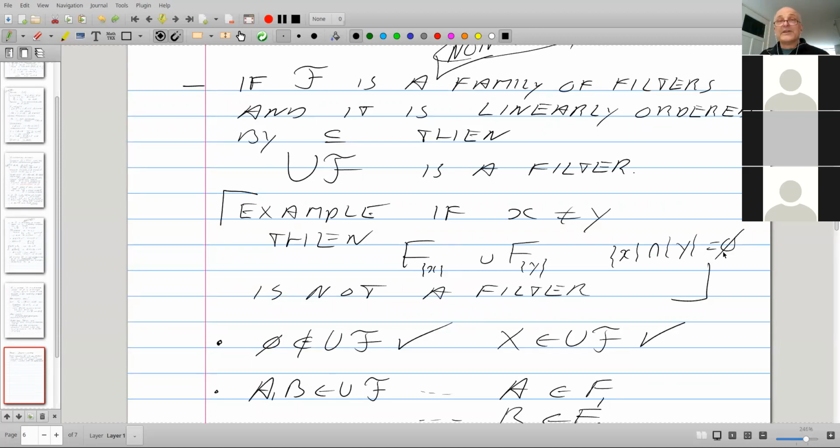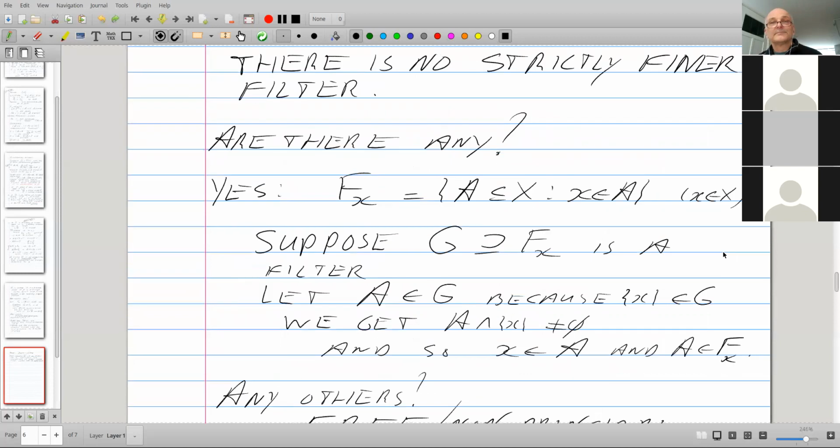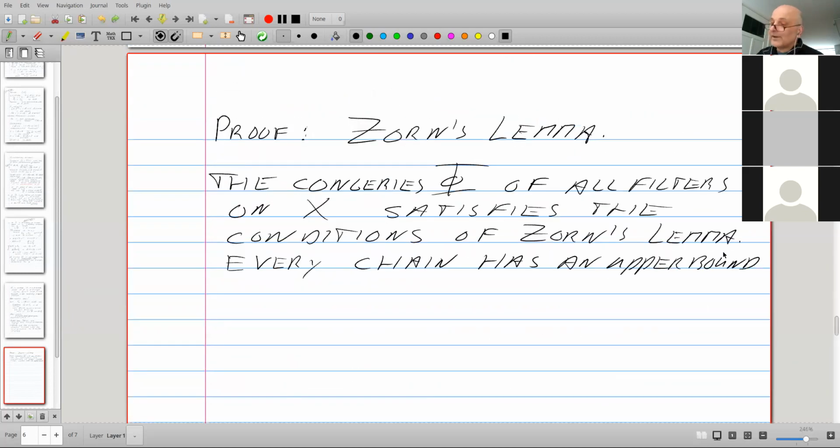That filter is an upper bound for the chain F. We proved that just a few moments ago. So there are ultrafilters, and if F is given,